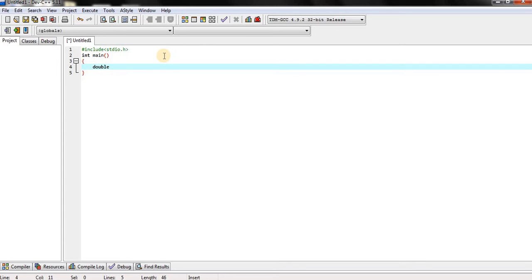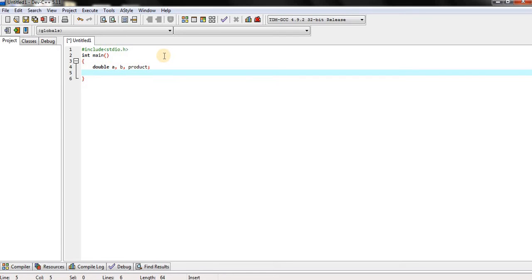Double, space. Since my program multiplies two floating point numbers, I have to take three variables: a comma b comma product. End the line with a semicolon. Enter. This line is data type, space, variables; it's a variable declaration.